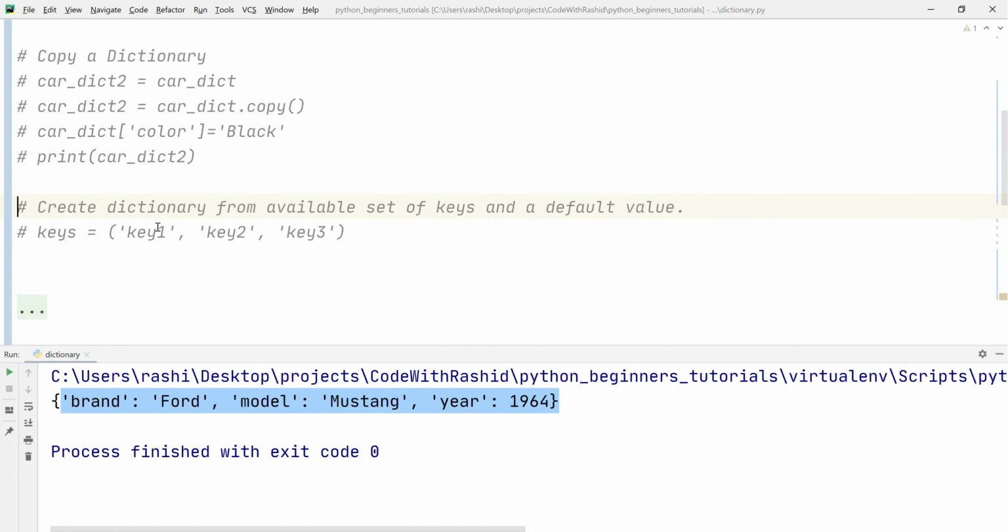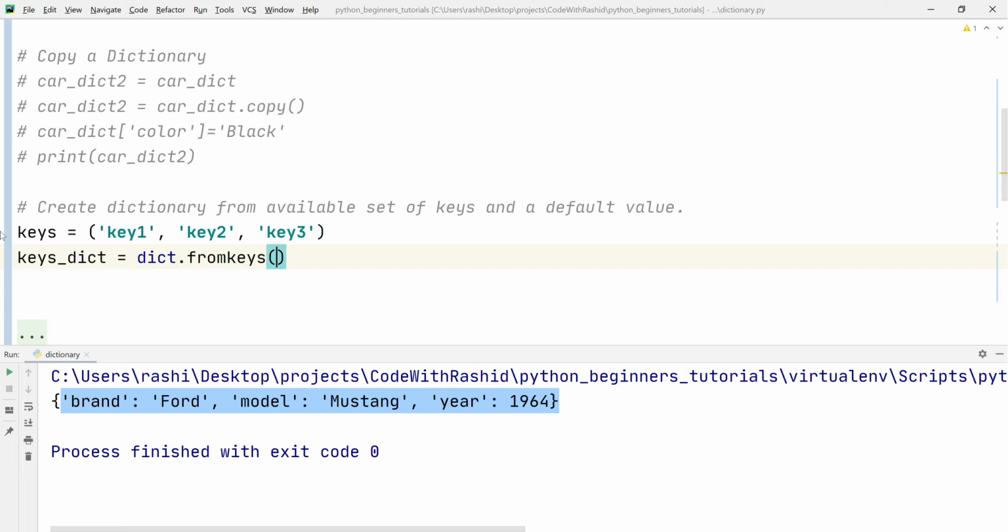Let's move on to the next property. Let's say we have a set of keys and we want to create a dictionary out of it with a default value. How do we achieve it in a dictionary? We can use the fromkeys built-in function of dictionary. So we shall write keys_dict is equal to dict.fromkeys, then the set of keys, and finally the default value, that is 0 in our case.